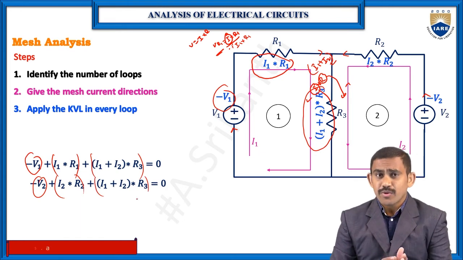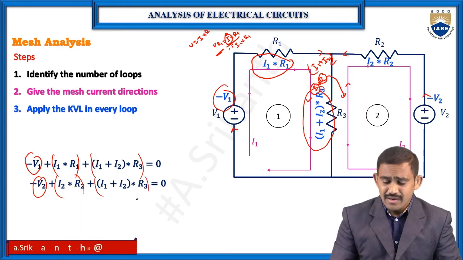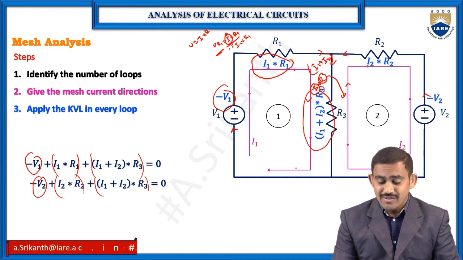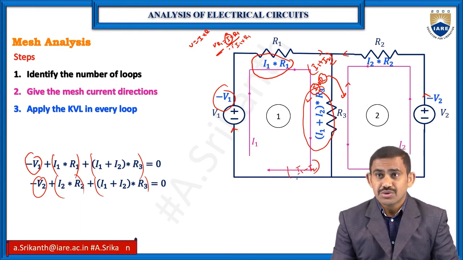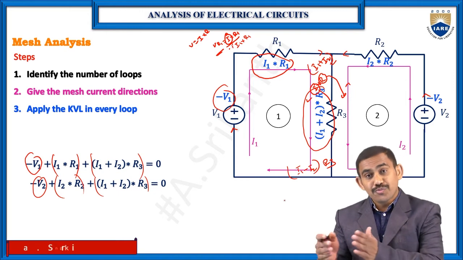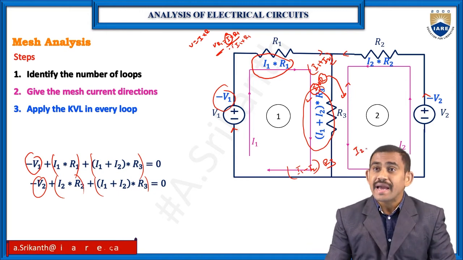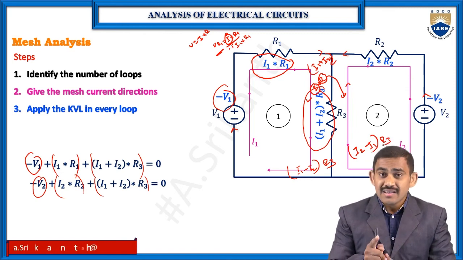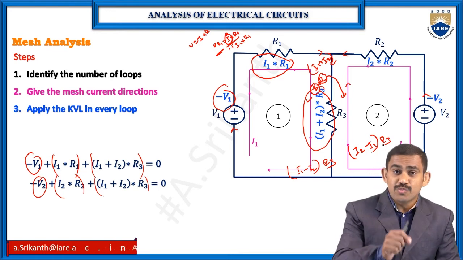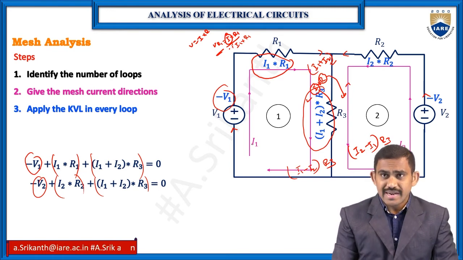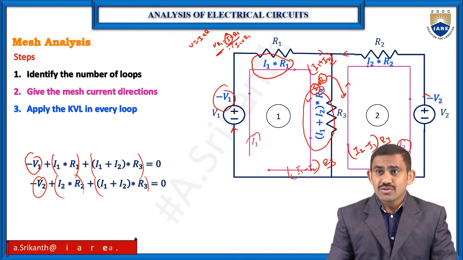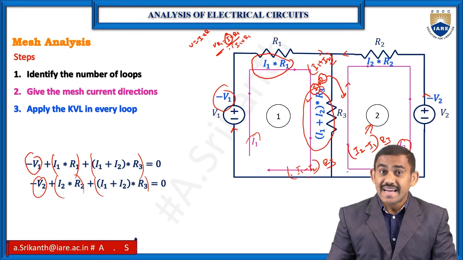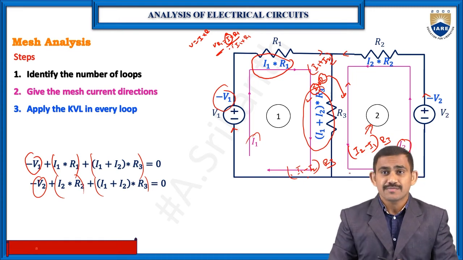Here, if both currents are reverse, then the loop 1 equation has (I1 minus I2) into R3. From loop 2, the equation has (I2 minus I1) into R3. That is the reverse. Okay, when both currents are reverse, the equation depends upon the loop current. So here the loop current is I1, so I need to write I1 minus I2. Here the loop current is I2, so when you are writing the loop 2 equation, you need to write I2 minus I1 into your R3